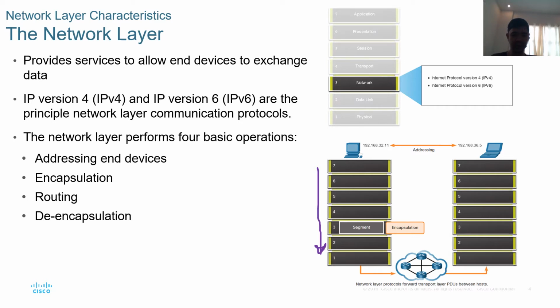So that's why the segment will now become a packet. It will be called a packet. And then during the receiving part, the packet is to be de-encapsulated, meaning the IP header is being removed